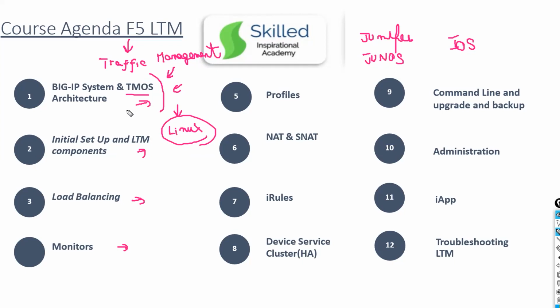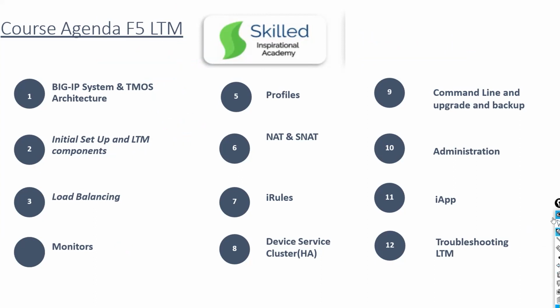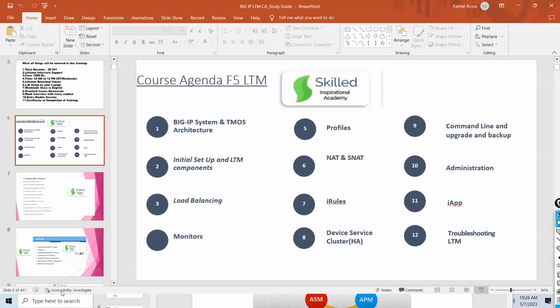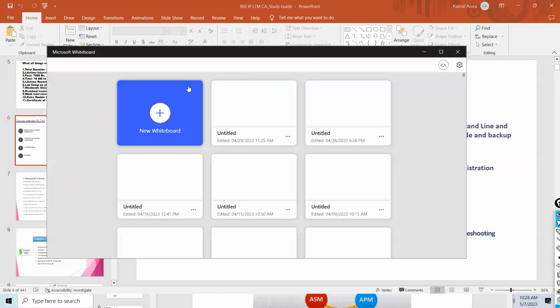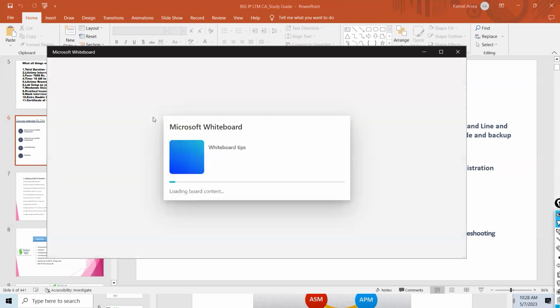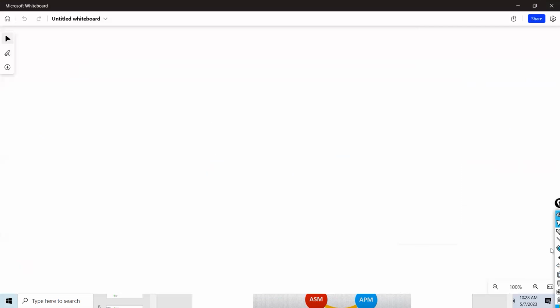So when we start about F5 guys, or what is LTM? So F5 basically is a company. It's not any module or something. F5 is like a Cisco or a Juniper company. So if I tell you quickly, people have confusion whether F5 is a load balancer or it can do any other things.